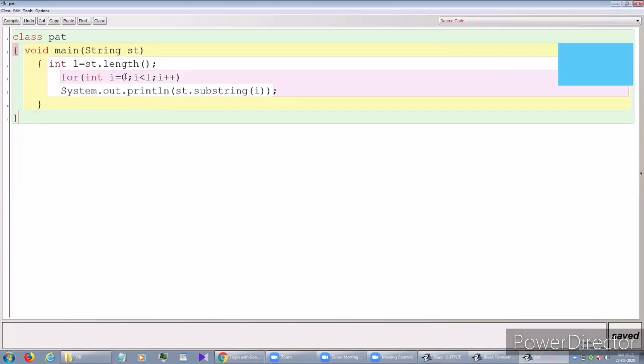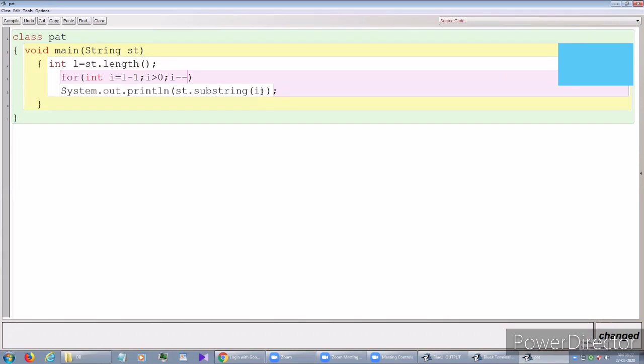Suppose if I change this one, like l minus 1, if we start the loop from l minus 1, and if this i is greater than 0 and i minus minus, and then if I print, then what will it print?